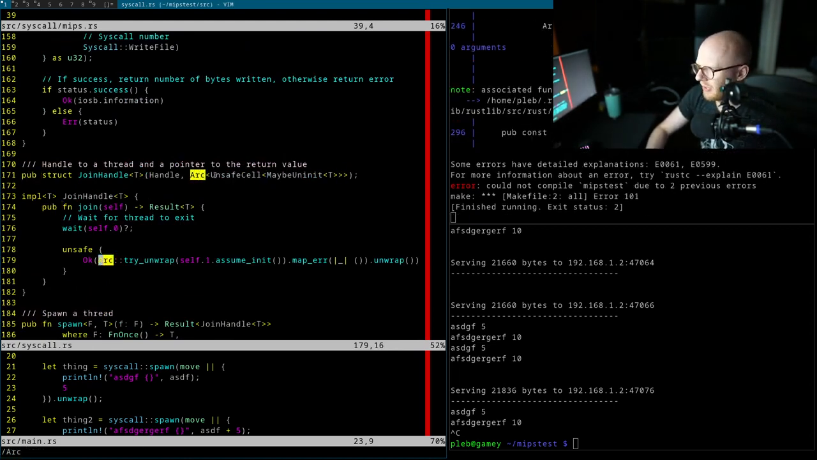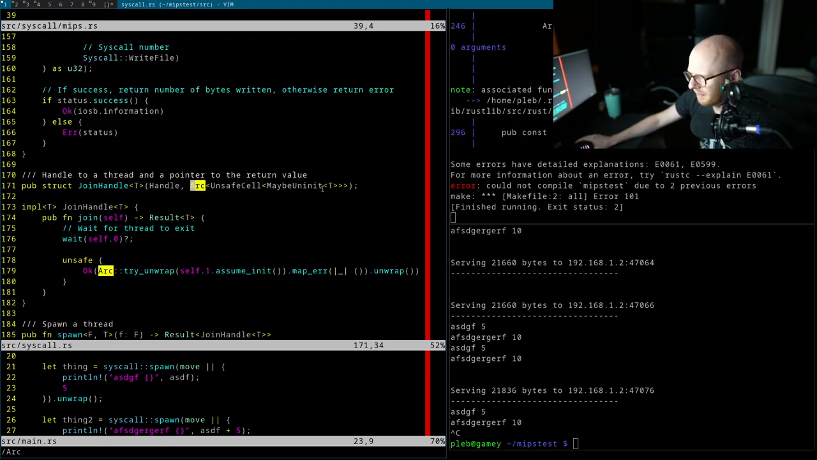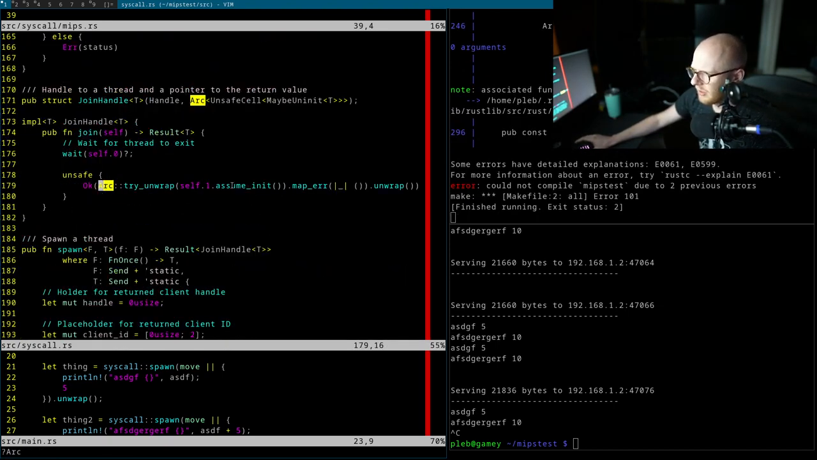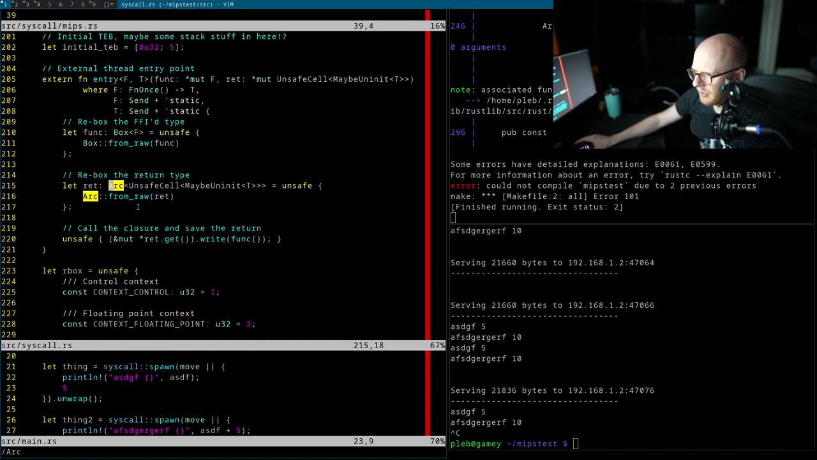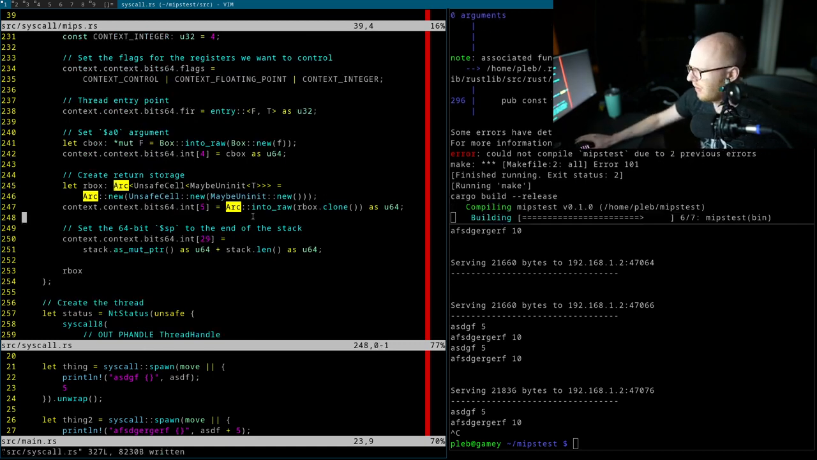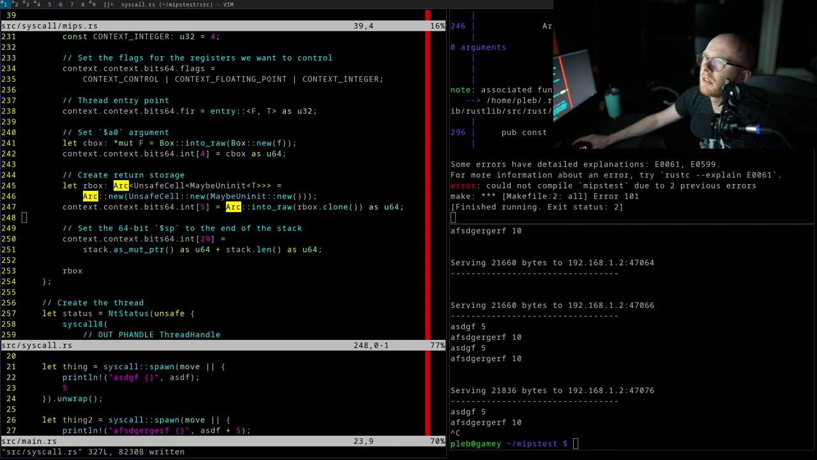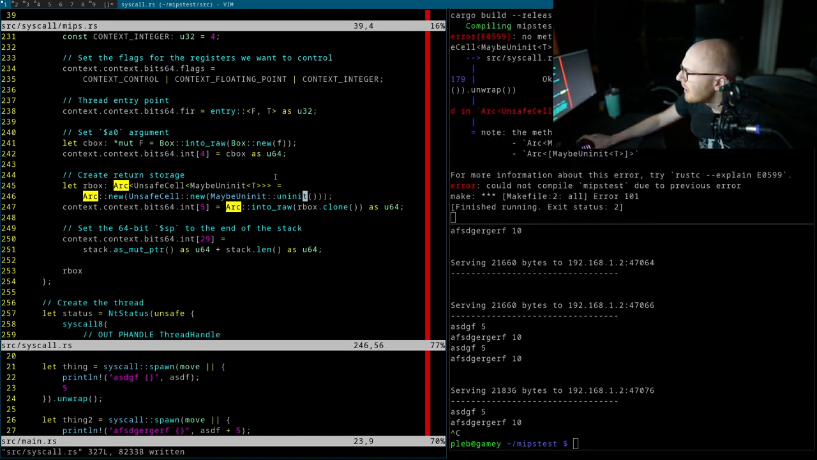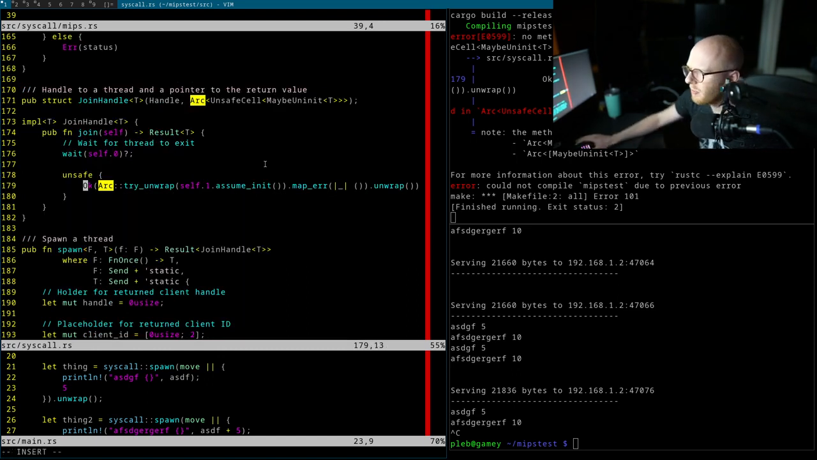Basically, anywhere that we have an Arc UnsafeCell, that's going to be wrong now. Arc UnsafeCell. Arc::from_raw. Arc UnsafeCell. Into_raw. Okay, supplied 0 arguments. MaybeUninit, unit. Okay, now 179. Obviously, assume_init doesn't exist. We need to do this on